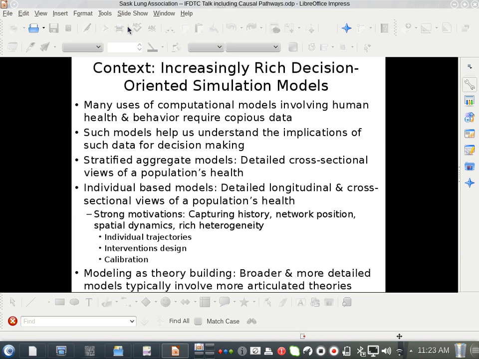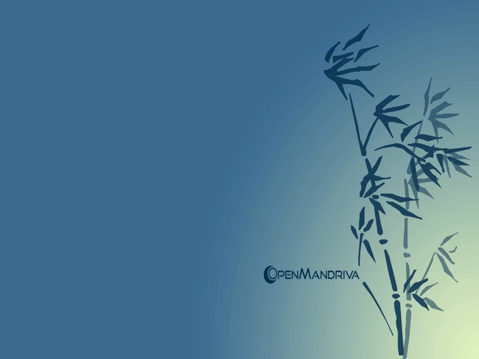We might be interested in the effects of physical activity interventions or changing the built environment and its impact on obesity or diabetes rates. And to do that, we might build a simulation model where we have people within the model who undergo patterns of sedentary behavior, who undergo bouts of physical activity, and who are affected by the environment in which they're situated in the model in order to understand how their obesity levels and their risk of certain chronic diseases are affected more distally by aspects of that environment. And simulation models like this, if you go out and you find them, they're out there.